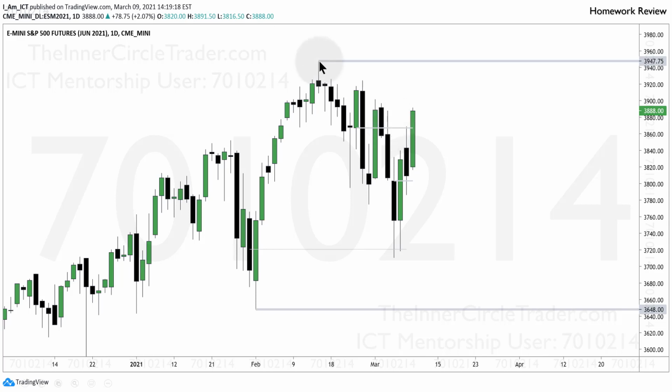So we have a range high, range low, and then we have the mean threshold of this bullish order block. That's the midpoint of this candle. So from the low to the high, the Fibonacci 50 level extended out in time. Trades into that for optimal trade entry there. Okay, so given what we're looking at here, once we trade in optimal trade entry here and starts to rally up,